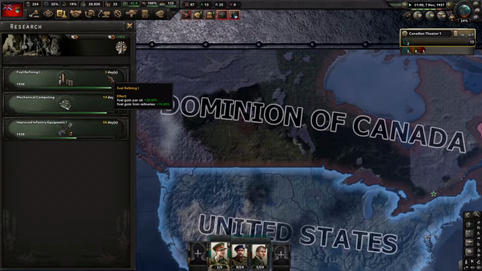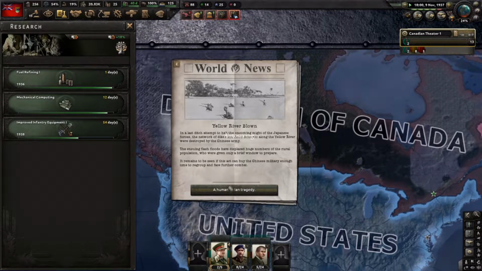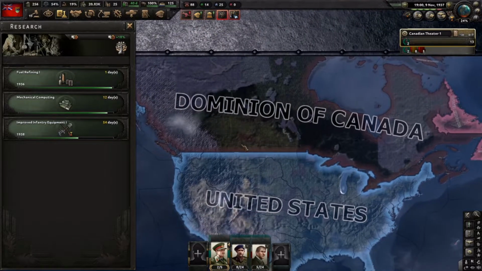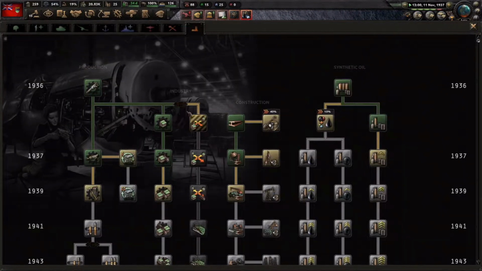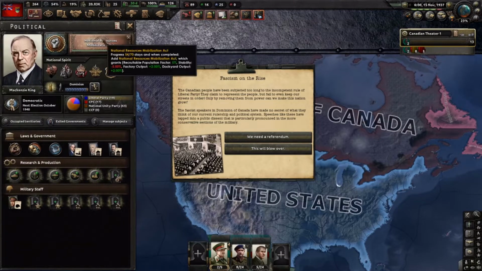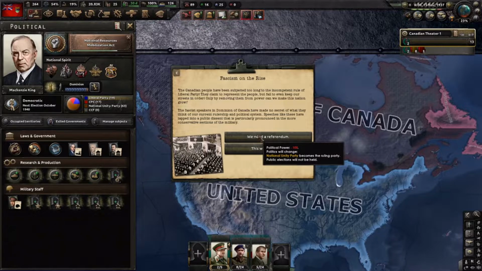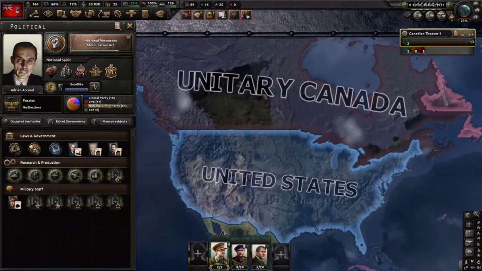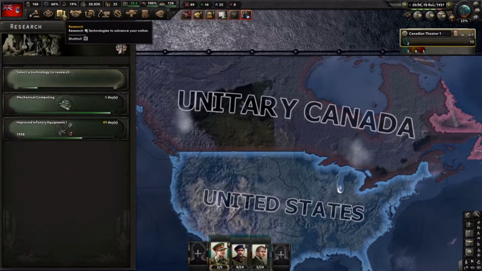So let's see. Not too much longer on these. Yellow River blown. Huh. The last-ditch attempt to halt the oncoming might of the Japanese forces. Interesting. Quite interesting. Oh, fascism on the rise. Yeah, let's do it. Referendum. Adrian Ackard in charge of Unitary Canada. Oh